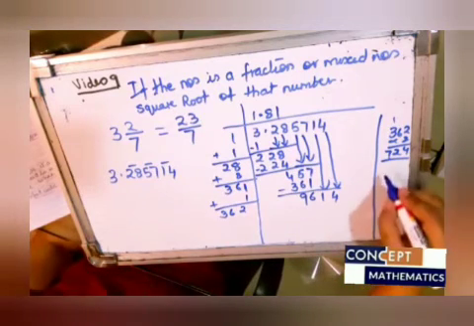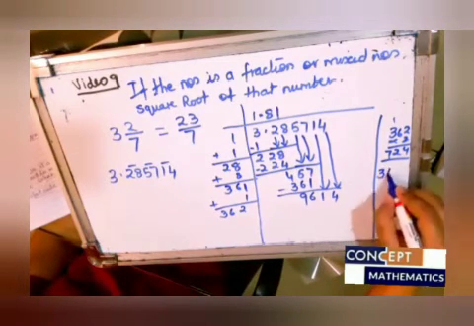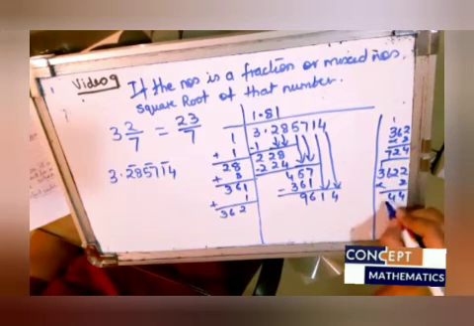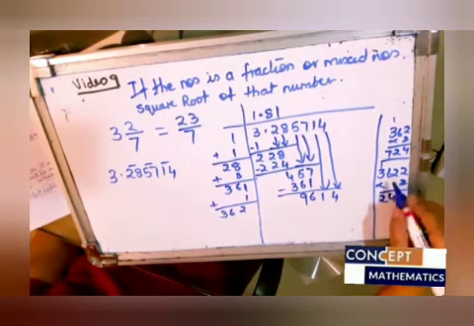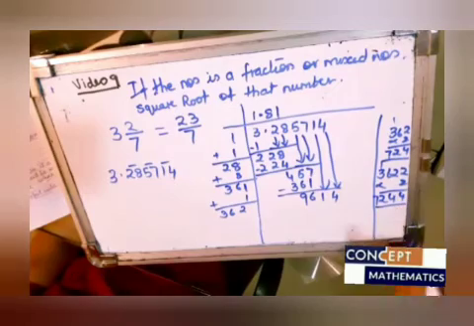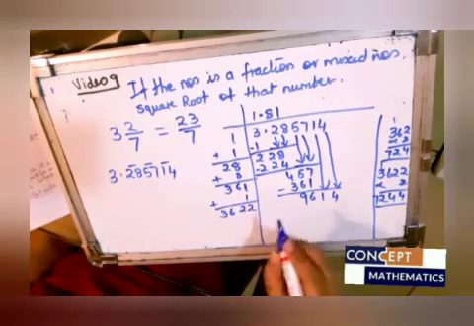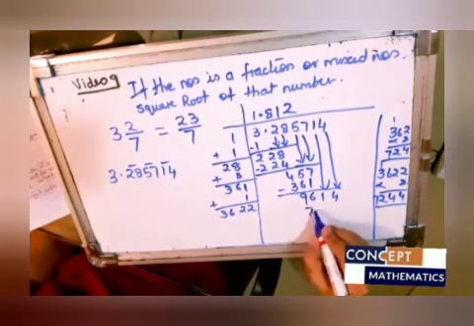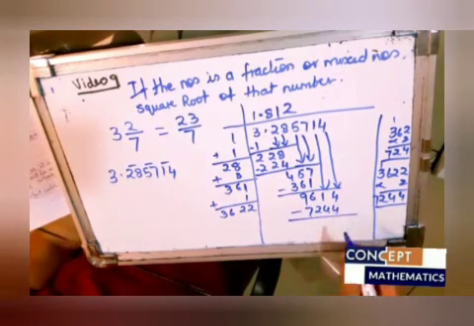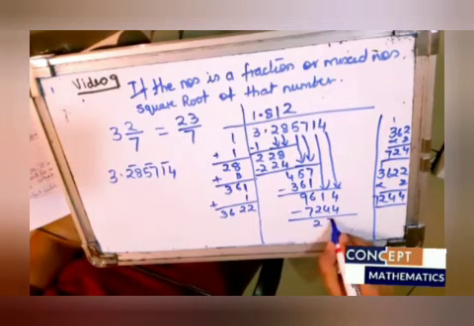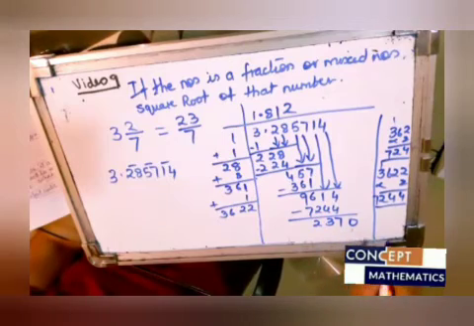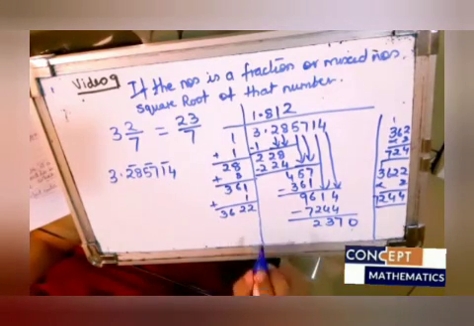Now 362 into which number will you multiply to get the near number? So 362 into 2 we will try. 2 2s are 4. 6 2s is 12. 3 2s are 6 and 1 is 7. So this is the number. So 3622 into 2 will give you 7244. So your remainder would be 2370, and your answer is 1812.